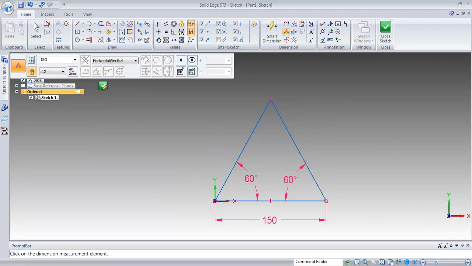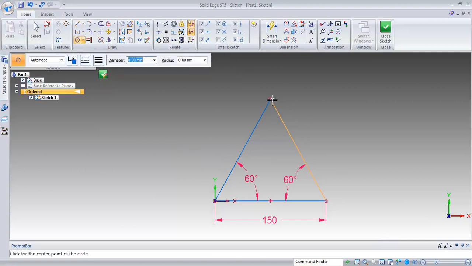So next we'll be going with the circle tool. If you click on the circle, there are various methods of creating a circle. The first one is circle by center point. We'll create the circle by the center point, and one point will be highlighted. So you can see here. You click on this and you give the dimensions also, say about 50.